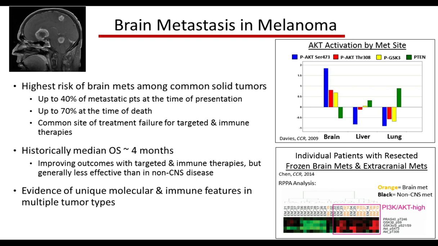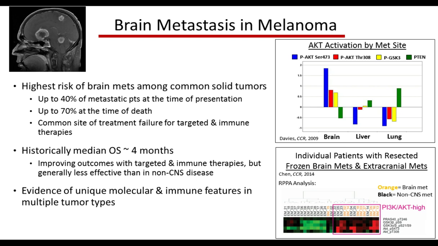Now, these tumors were from different patients, so we did a subsequent study, and we went back to our tumor bank and identified brain metastases that had been resected from patients with metastatic melanoma as part of their standard of care, specifically patients who had also had non-CNS metastases resected from other sites. Again, we used OCT-embedded tissue and H&E-guided microdissection to isolate proteins to run on the protein arrays. We also looked at hotspot point mutations and showed that they were very consistent between the brain metastases and the extracranial metastases in individual patients.